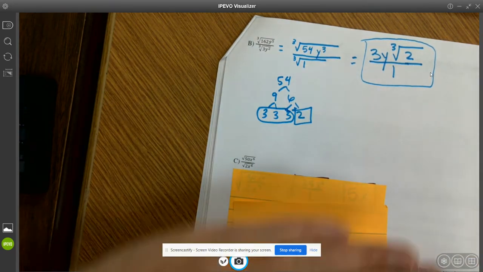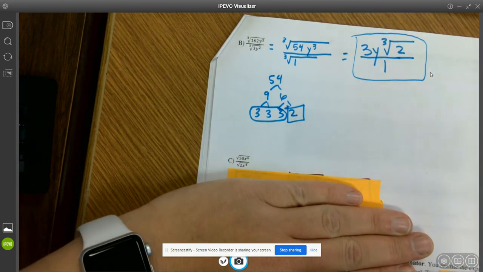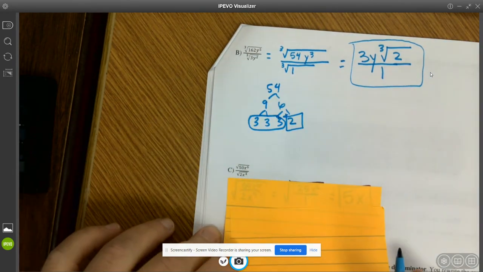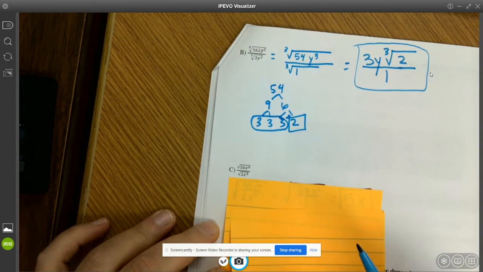You should try C by yourself. I realize you can see through the post-its. Pause and try C by yourself. And we have